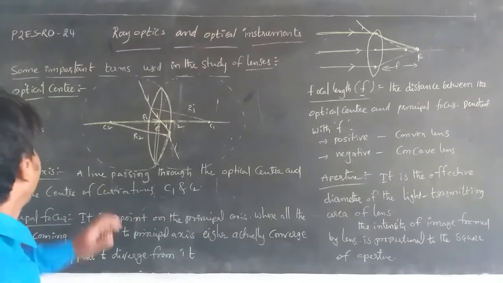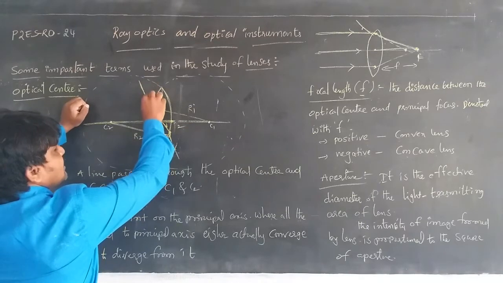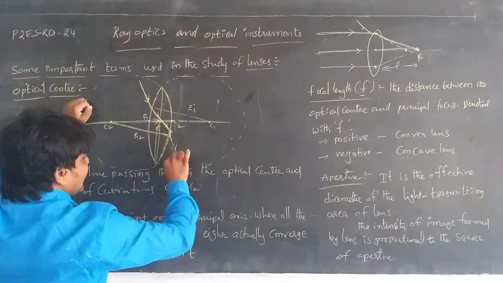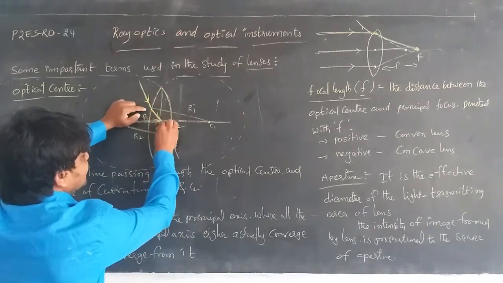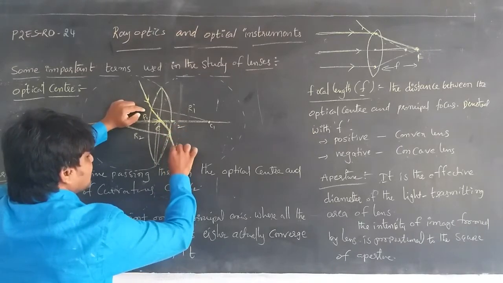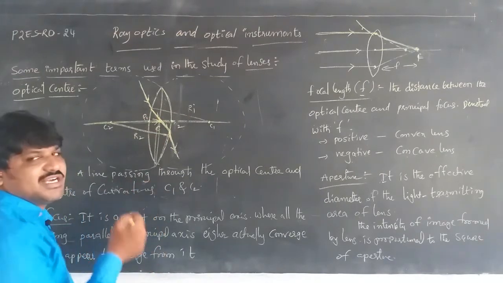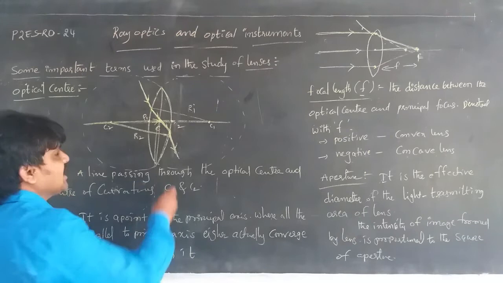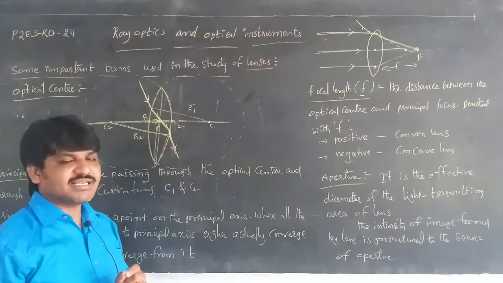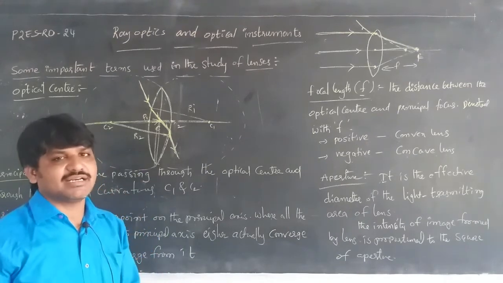Now, according to the optical center, when a light ray is incident on the lens, there can be a small lateral displacement from its line. Actually the ray has to move in this direction, but there is some lateral displacement from its path. Because of the optical center dividing the lens, it gives a small displacement, which is called lateral displacement. It occurs for thick lenses. For thin lenses, if the light ray passes through the lens, there is no deviation and no lateral displacement.